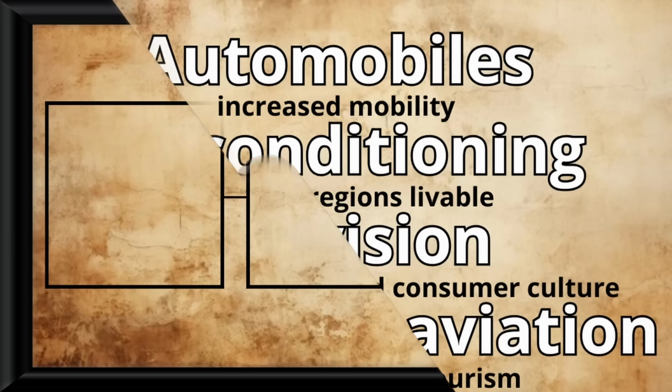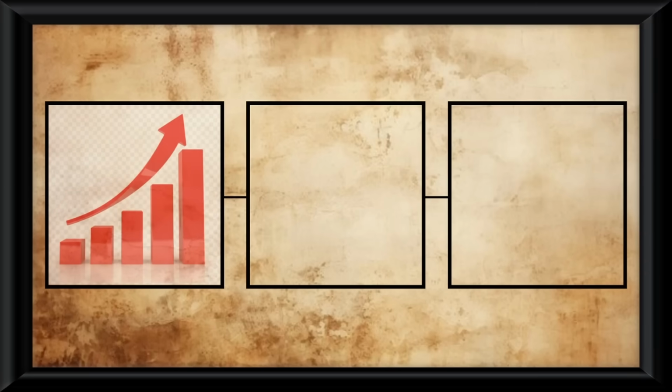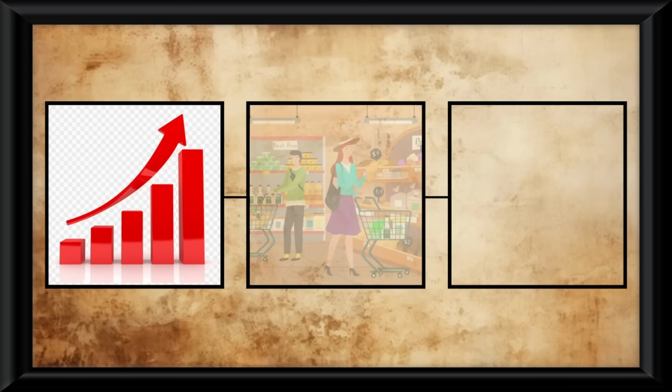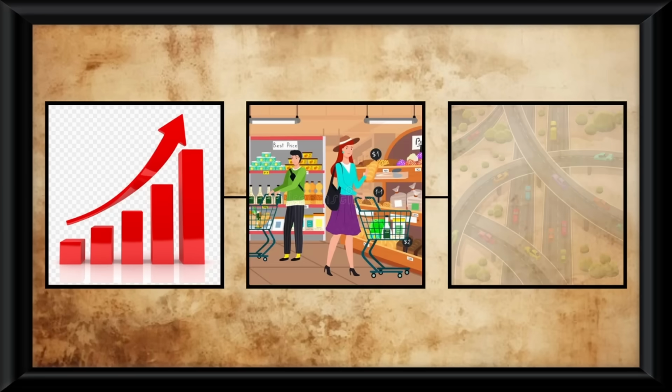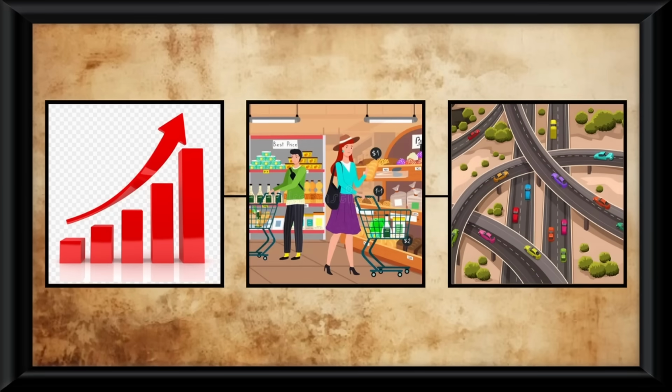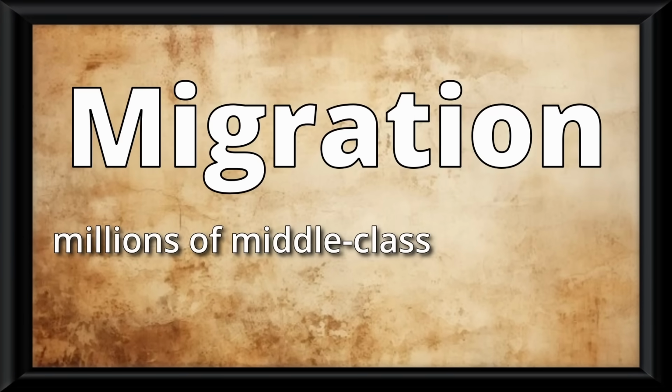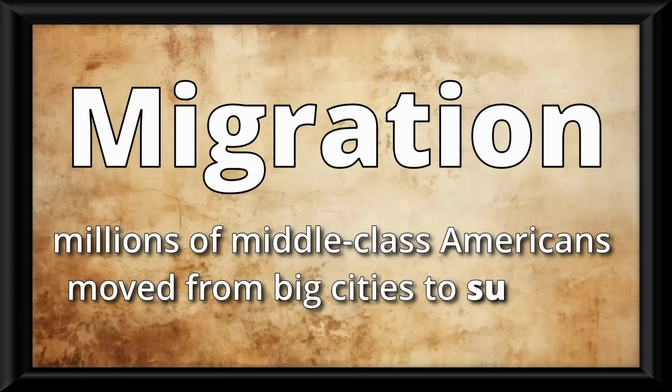And more people in the world means more of a demand for houses and goods, which is where we see all of these technologies on the screen being manufactured in this time period, which contributed more to the greater economic boom. So now we see a couple of things. The country's economy is very strong, goods are being bought and sold at high levels, and now there are roads all over the place. So the result of this will be a lot of migration. Specifically, millions of middle-class Americans moved from big cities to suburbs. The reason for this is pretty simple.